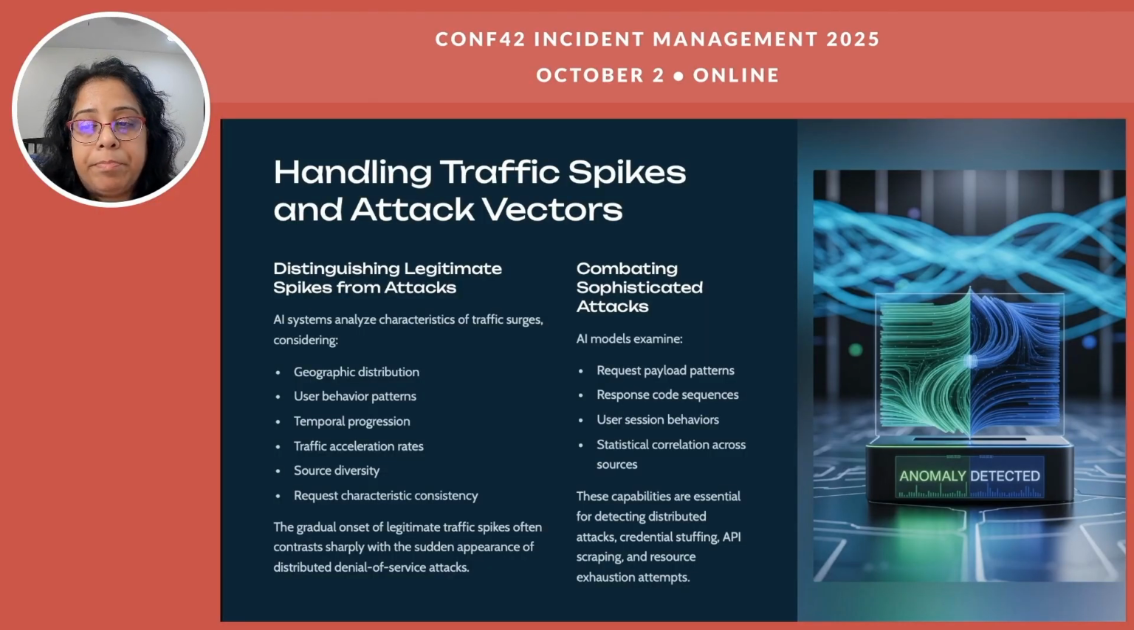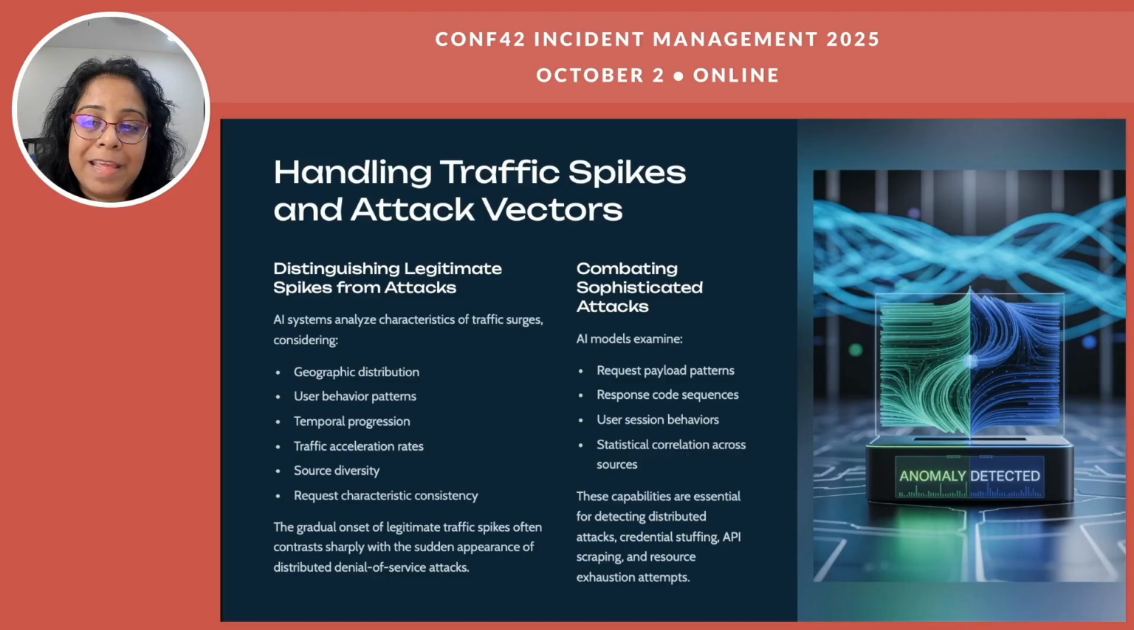Catching low and slow account takeover. How does this happen? A hacker gets a valid account, say, and slowly gathers data over weeks. AI uses behavioral profiling and examines user session behaviors to spot anomalies. Like in this case, is the user logging in just to view personal data and payment details of the account? Then probably that's suspicious. AI models examine request payload patterns, response code sequences, and user session behaviors, and statistical correlation